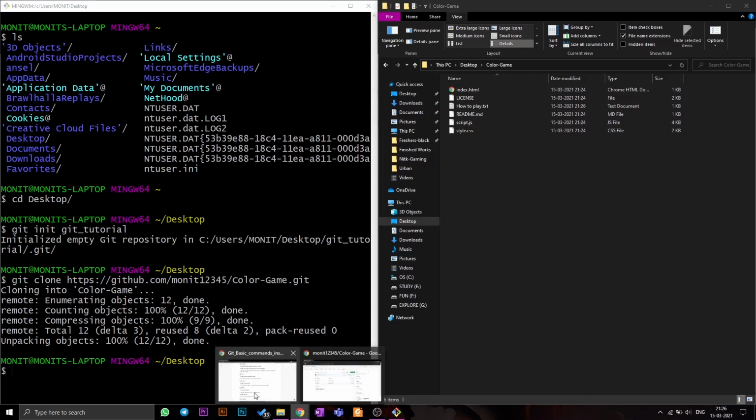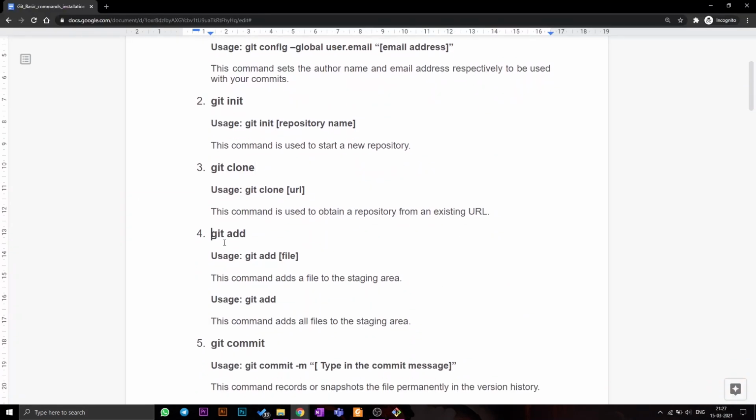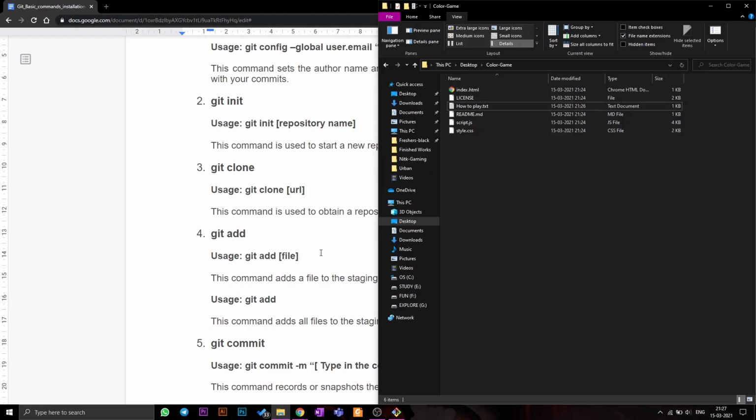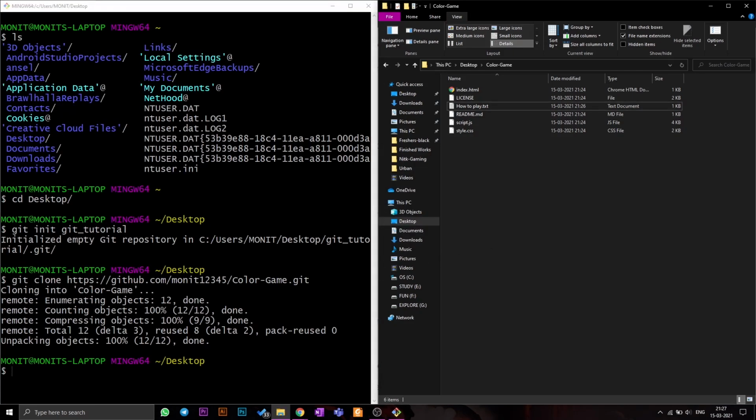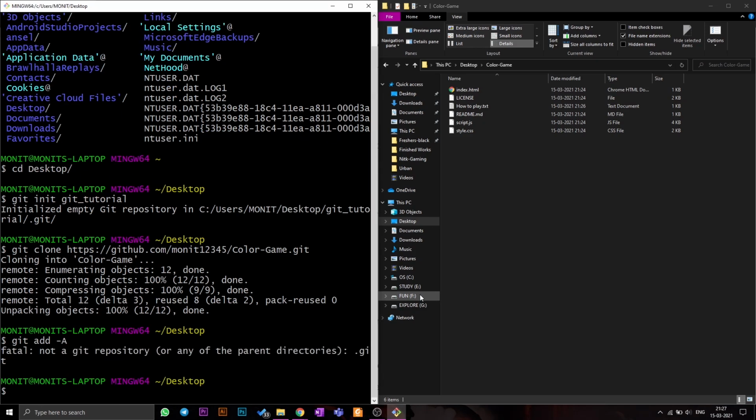The next command I'm going to discuss is related to that. Suppose I wanna add my file, and you can use git add for that. If you want to add just one file, suppose I added 5 files and only want to add one, I can just do git add and whatever the file name is. I'm going to use dash a, which basically adds any new files you have made. Most of the time you're going to use this.